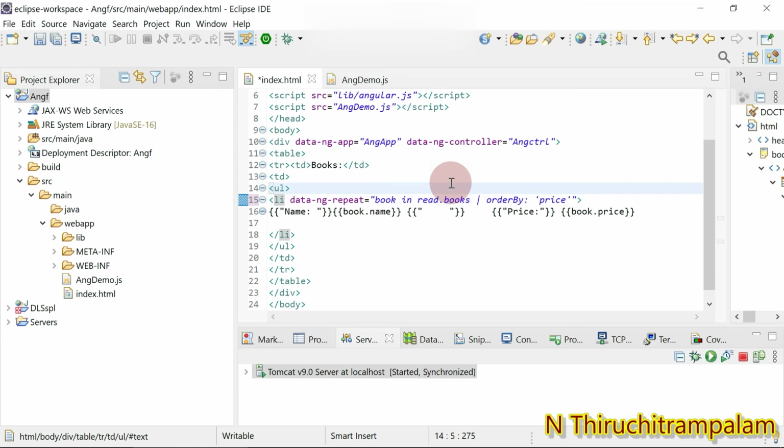So let me run this. Just to give the label, I have given within the curly braces name colon, and here price colon. So name colon, and then the book name will be displayed.